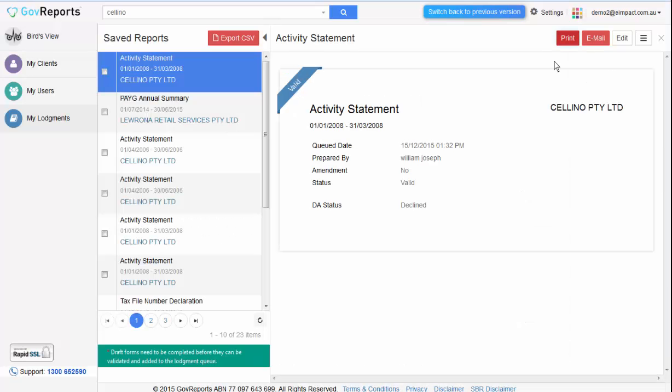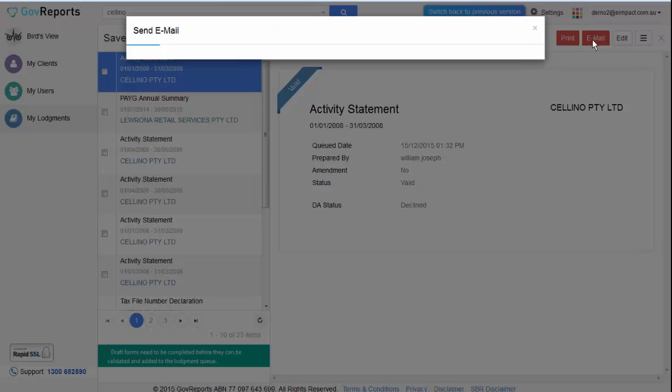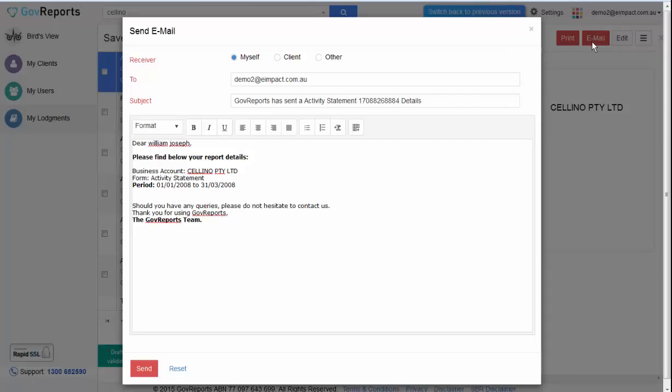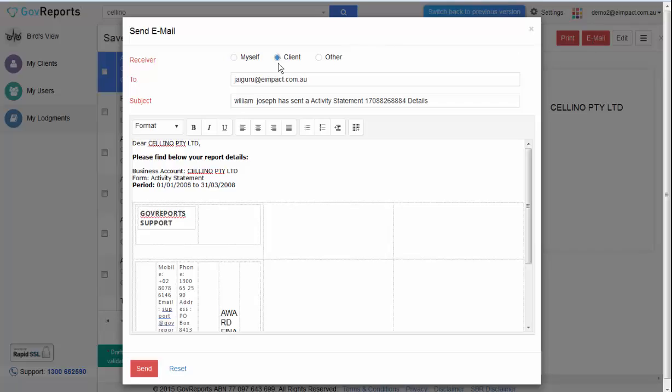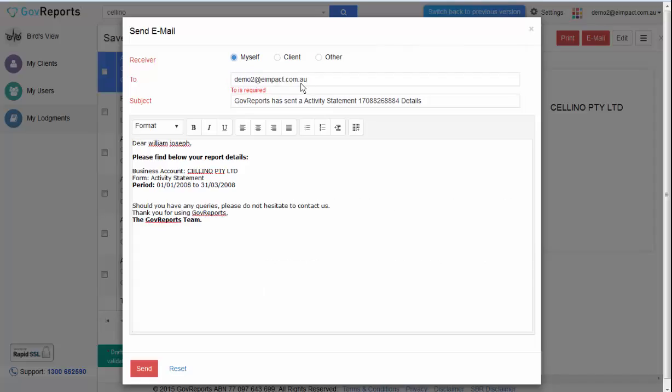If on the other hand you want to email it to your clients, you can do so, and that will send an email to your clients or whoever it is that you want to send it to. So if you want to send it to your client, that will have your client's details on it. Or if you want to send to someone else, then you can put the email details in here. So assuming I'm going to send it to myself,